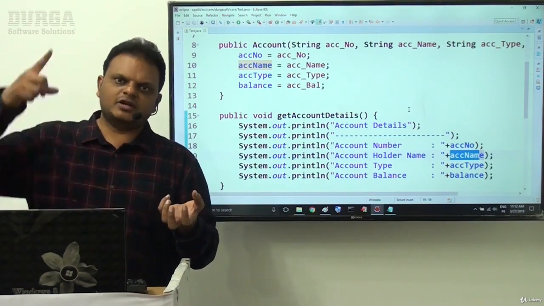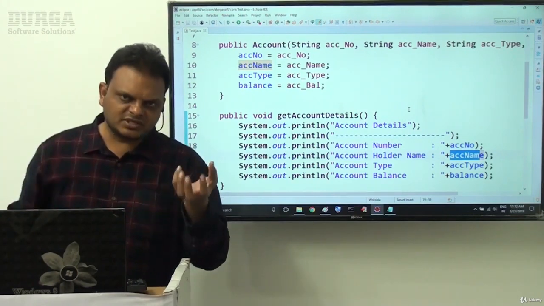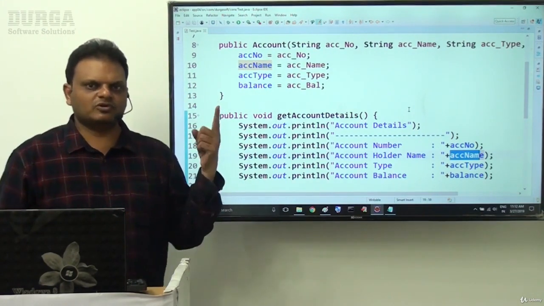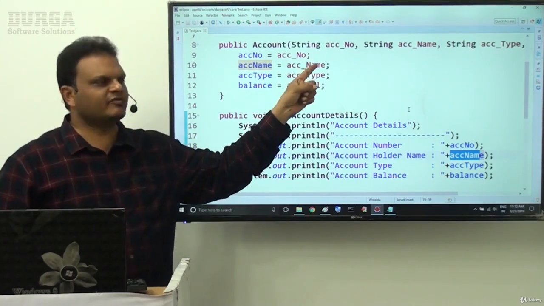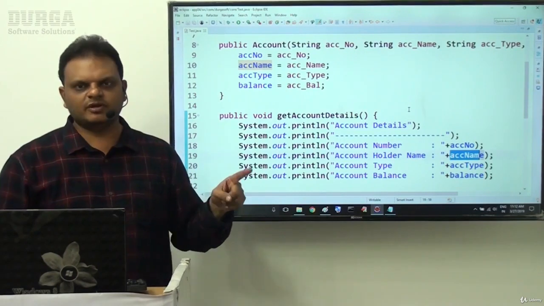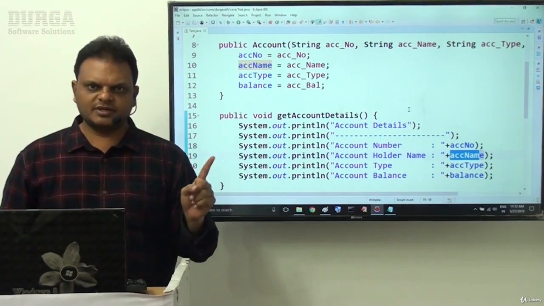So if we set data to the class level instance variables, the data will be stored inside the account object. Because of this reason also, we have to transfer data from local parameter variables to class level variables.